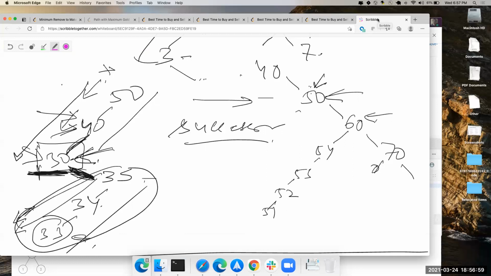Now I know that I need to go to the left, because anything to the right of 60 is going to be greater, right? So I don't care about anything greater. I want to see if there's anything less than 60. So then I see 54, that's my new one. I see 53, that's my new one. I see 52, that's my new one. I see 51, that's my new one. So then I exit out once I hit that 51, because there's nothing left.